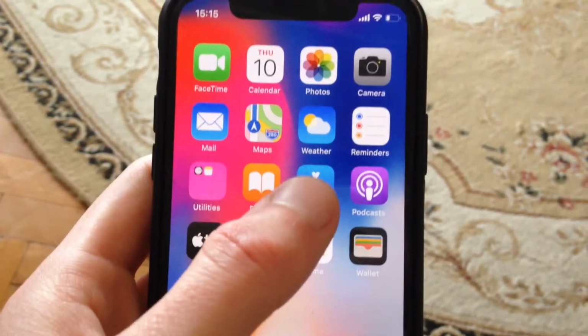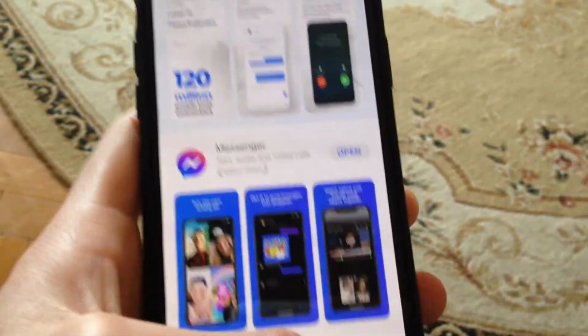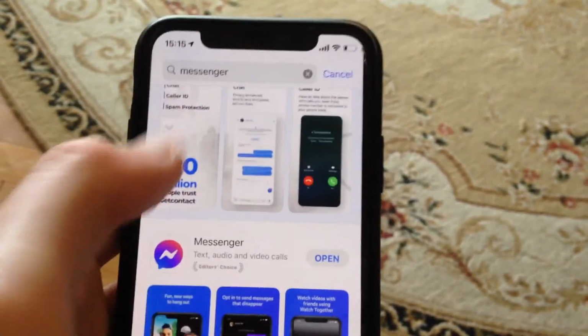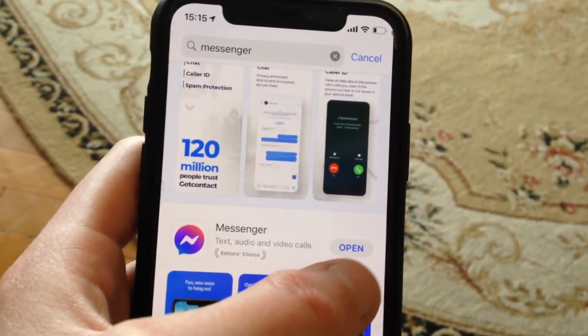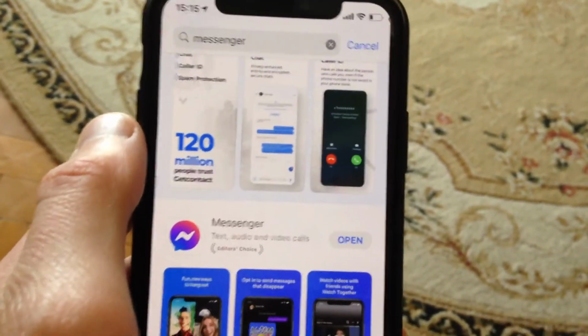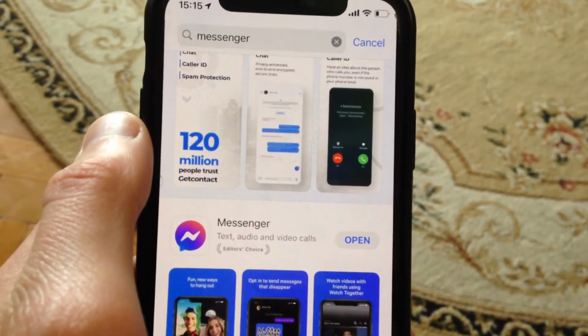And also you can try to go to the App Store, go to the Search tab, and in the search tab write Messenger, and if you see Update instead of Open, just tap on Update and wait until it successfully installs the latest updates for your